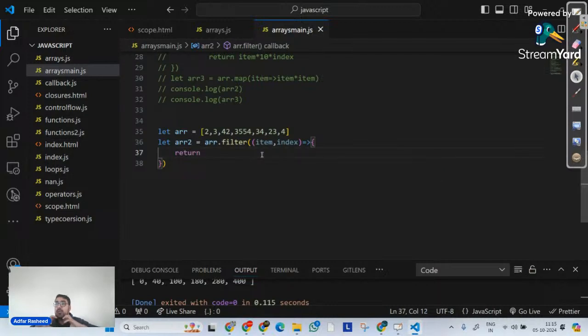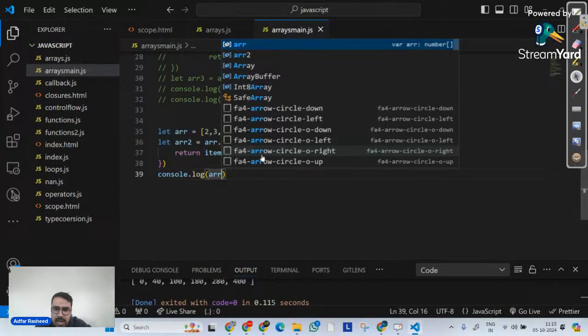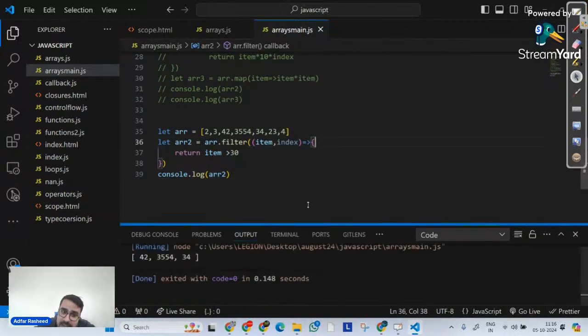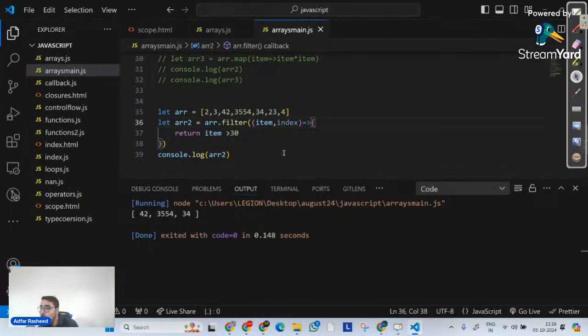Now over here we have to implement a filter, and when we say filter, what does that mean? That means a condition. For example, if I simply tell it, hey, from the original array that I have, I simply want to create a filter. When we say filter, it means greater than this, less than this, something that satisfies a particular condition. That's why, let's suppose I will give a very simple condition: give me elements that are greater than 30. And in this case, if I console.log my arr2 and execute my code, you can clearly see the filtered array is actually returned. All the elements that satisfy the condition are returned.